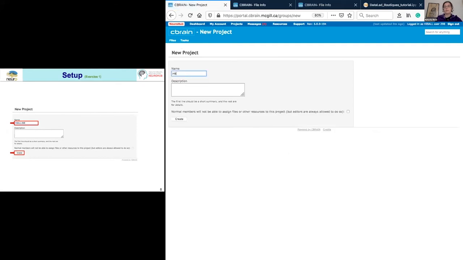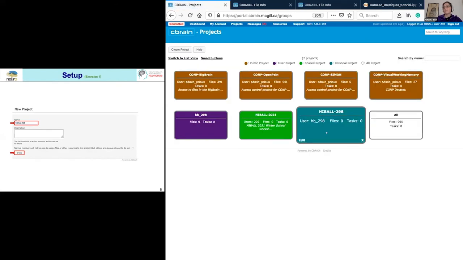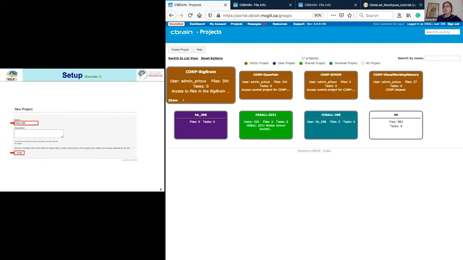I already have one created. It's called iBal, but you can call it whatever you want, and you just need to click on create. After that, you will see that it appears here in light green, so it's easy to run after that.